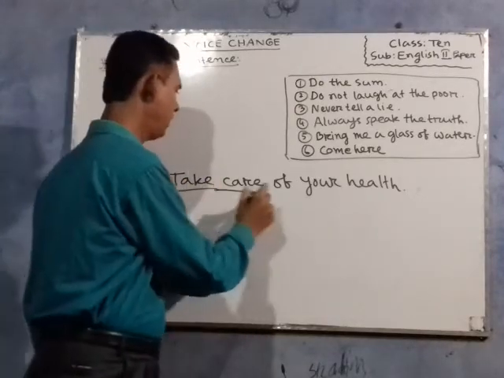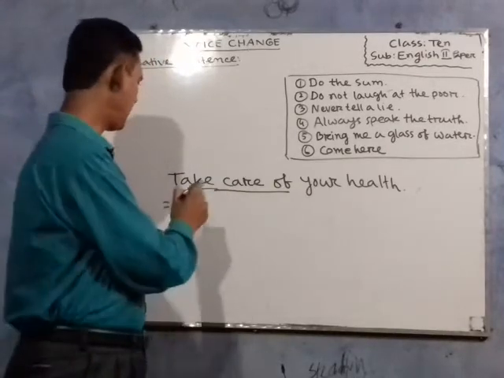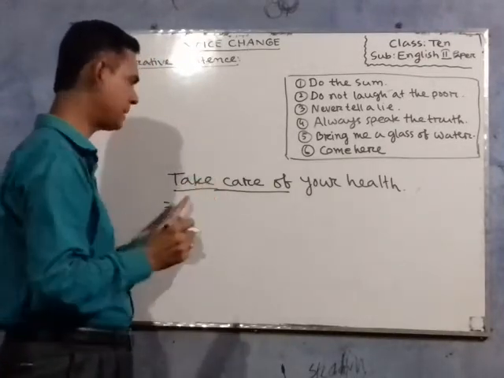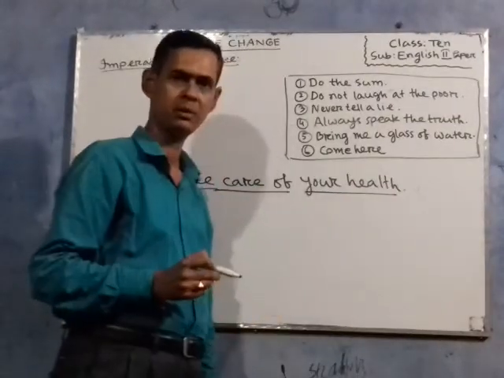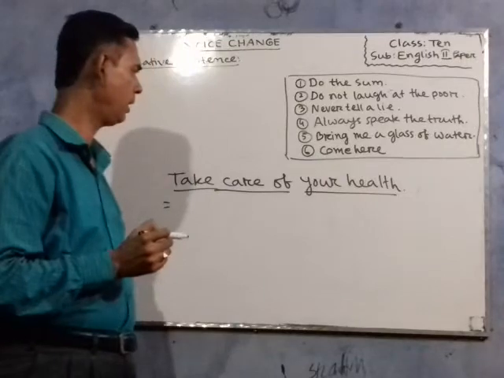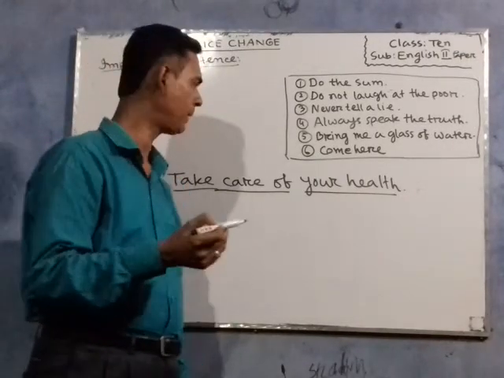Take care of is the phrase, and at the beginning of this phrase a verb is given, and this is an object. So, at the time of changing this type of sentence into passive, at first you have to